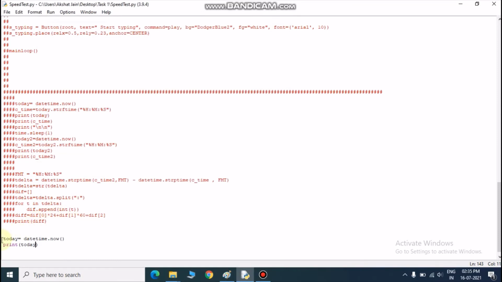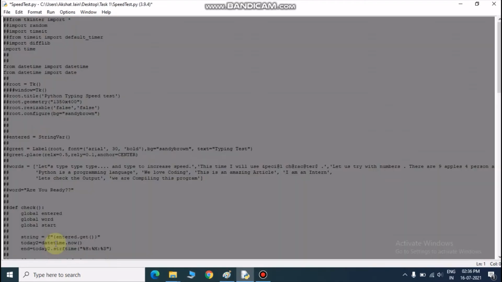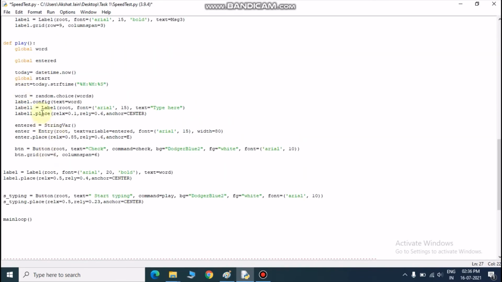Okay, so let's see what I want to do with this. I will uncomment all. Okay, so here we are. I am getting today's date, but in today's date I only need hours, minutes and second. I have nothing to do with date. So I will extract the hours, minute and second.